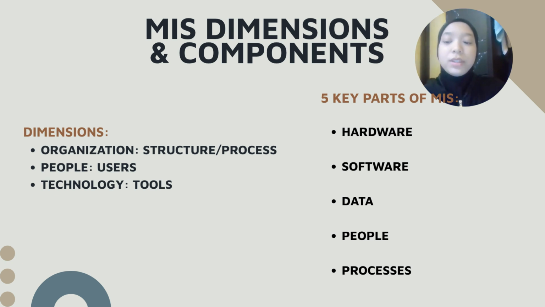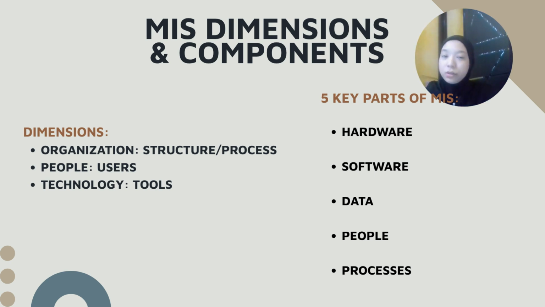So we go to the last one, which is technology. Technology is the foundation of how MIS operates. This includes both the physical devices like computers, servers, and scanners, as well as the software applications that process the data. Technology also includes databases, network infrastructure, and cloud platforms. These elements make it possible to store large amounts of data, share information in real time, and access it from anywhere in the world. With new technologies like AI and data analytics, MIS is becoming more powerful and predictive.